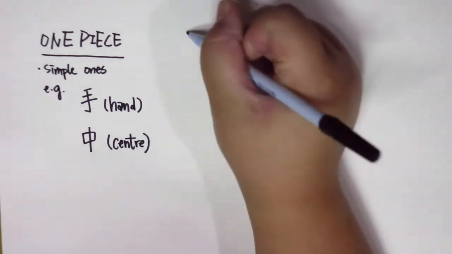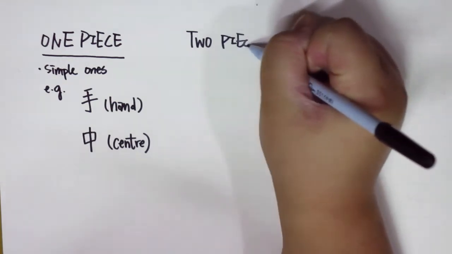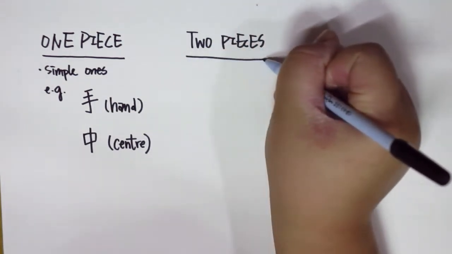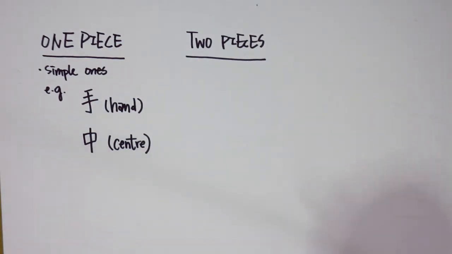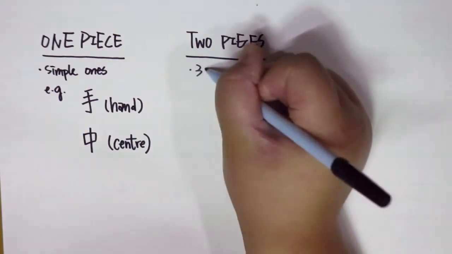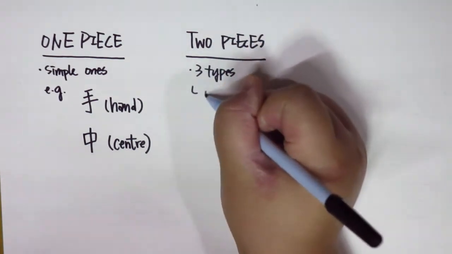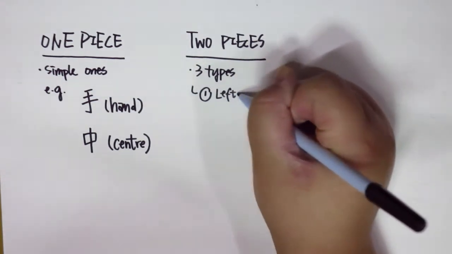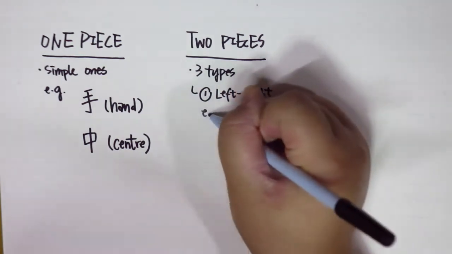So what about two pieces then? Yes, my handwriting is like a kindergartner. In the two pieces category, there are 3 types. The first one is left, then right, just like